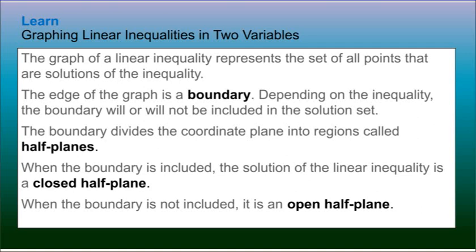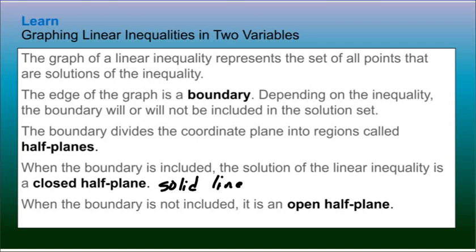The edge of a graph is a boundary. Depending on the inequality, the boundary will either be included in the solution set or not. The boundary line divides the coordinate plane into regions called half planes. When the boundary line is included, the solution of the linear inequality is a closed half plane. So if it's included, you're going to use a solid line